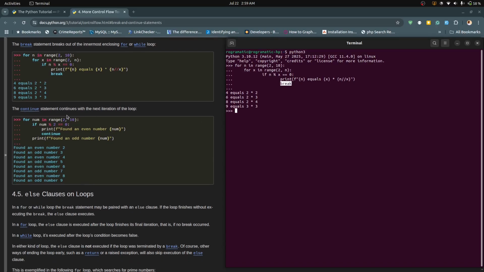What about the continue statement? The continue statement continues with the next iteration in the loop. Let's see an example. For num in range(2, 10): if num % 2 == 0: print(f"Found an even number {num}")